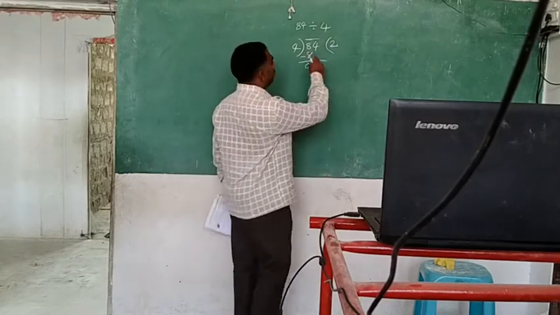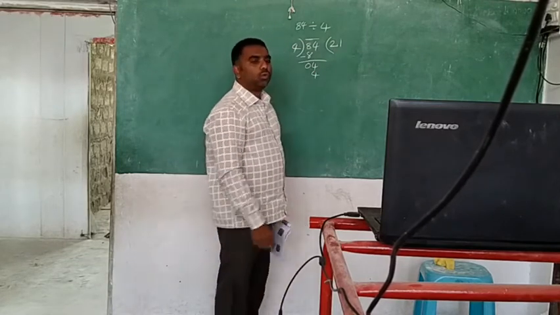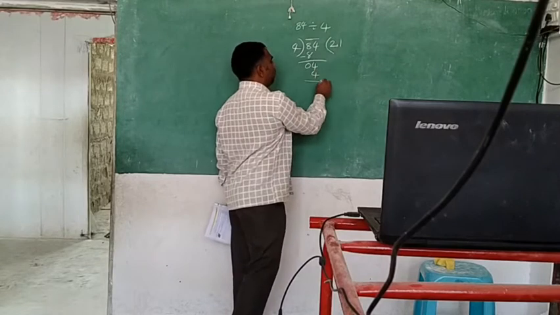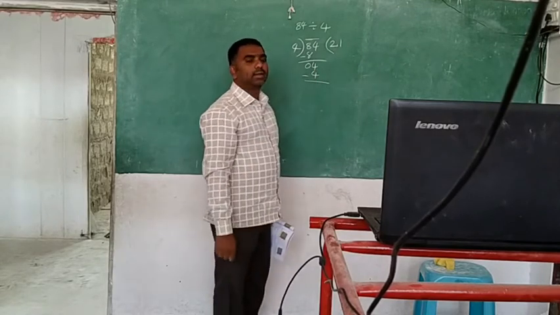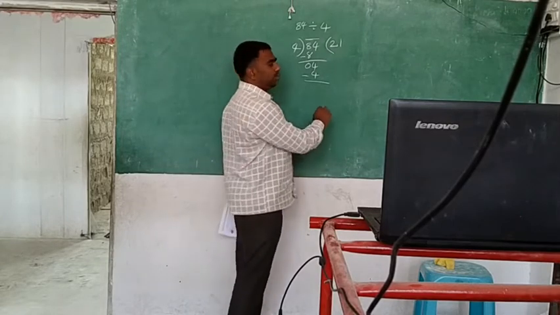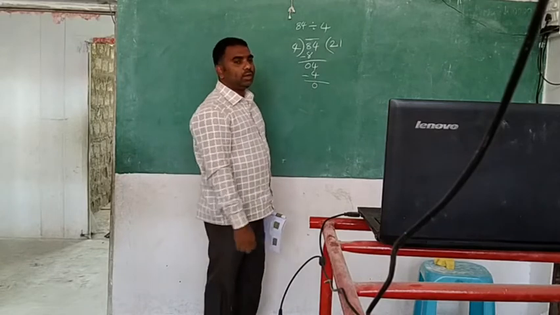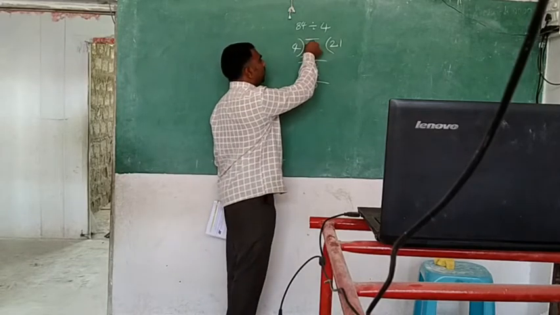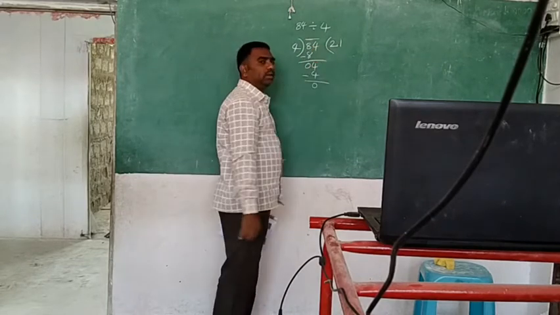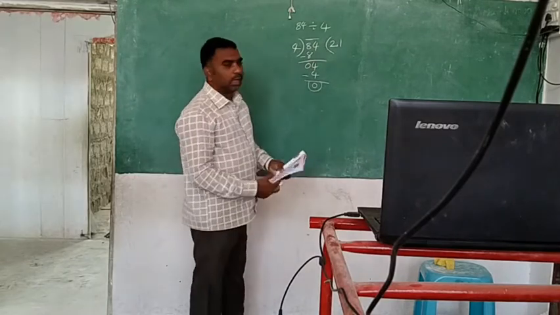So that one you have right here. 4 1s are 4. Now again we will subtract here. 4 minus 4 will be 0. There is no other number to take. Only 2 numbers are there, 8 and 4. 8 you have taken here, 4 you have taken here. Now numbers are completed. So we will stop it here.